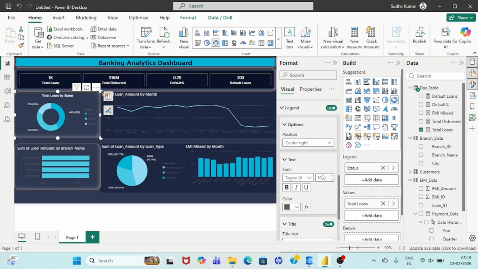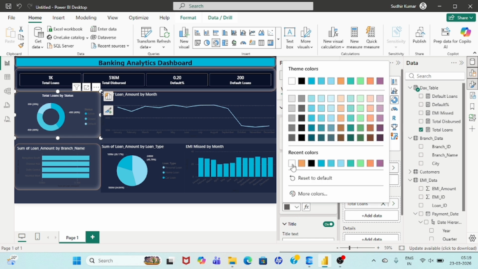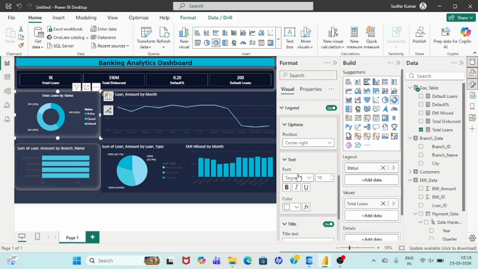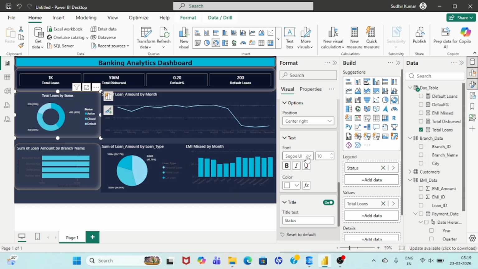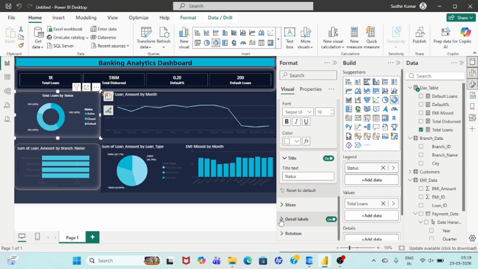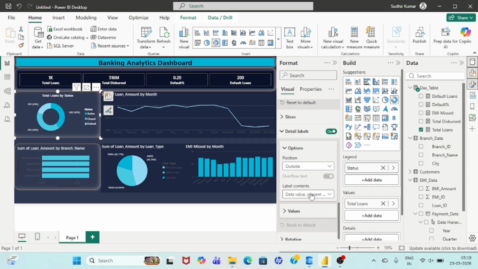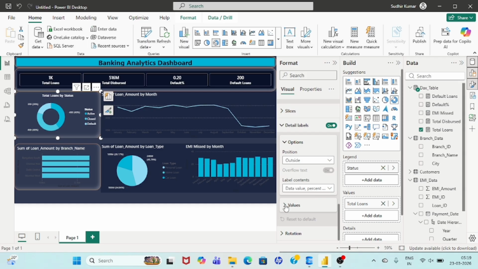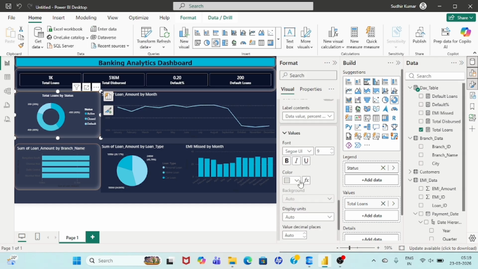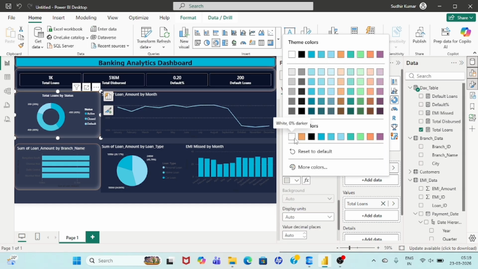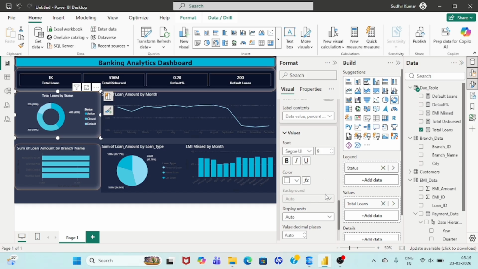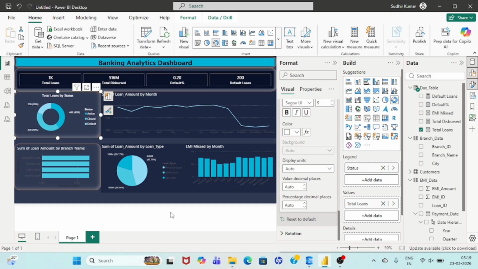Text we have, so let's make it white so it is reflecting. Then we have data labels, so enable the data labels. Values white. Okay,